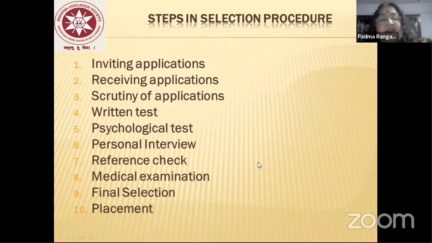टेस्ट किसको दिया जाता है? Only for those candidates who are eligible, they are invited for written test. और अगर आप एलिजिबल ही नहीं हो